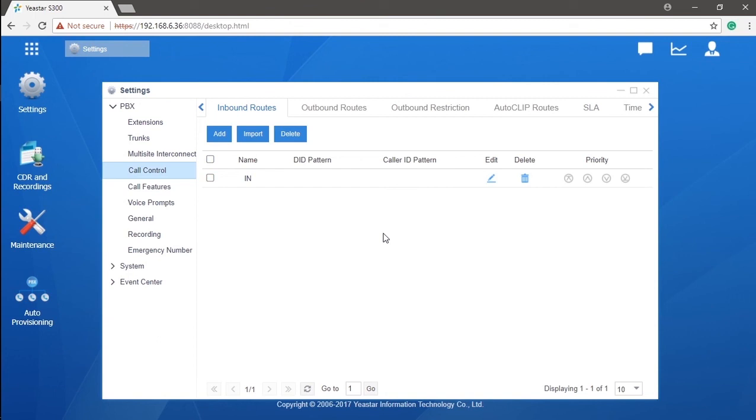Okay guys, that's all for the inbound call settings. Now your system can receive phone calls, but we still have much to discuss regarding the call control, so don't